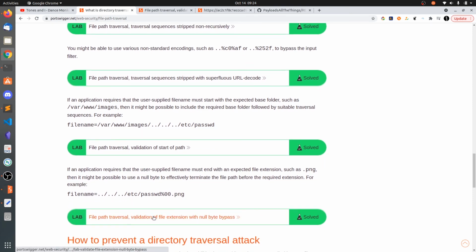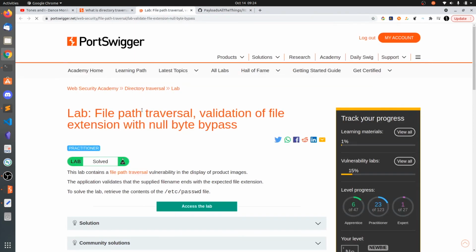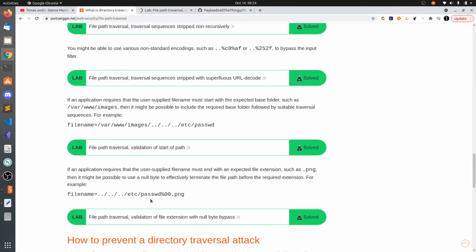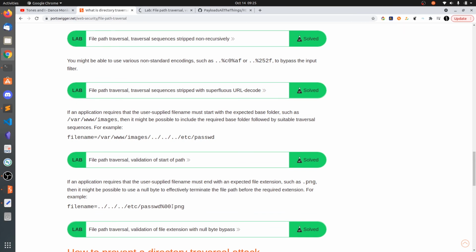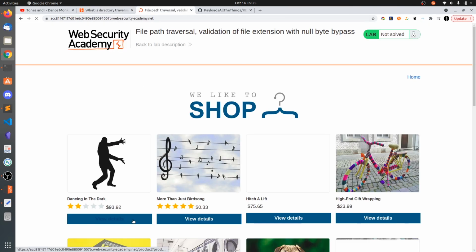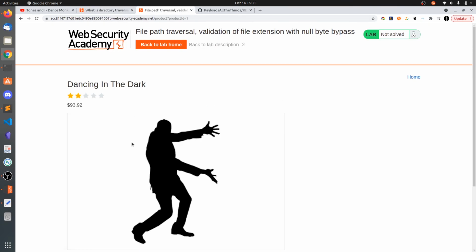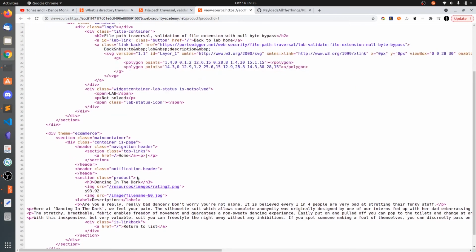And the final lab for this is using the null byte. Here the extension is png, and the developer requires that .png should be included in the URL. So we can use a null byte to bypass this.